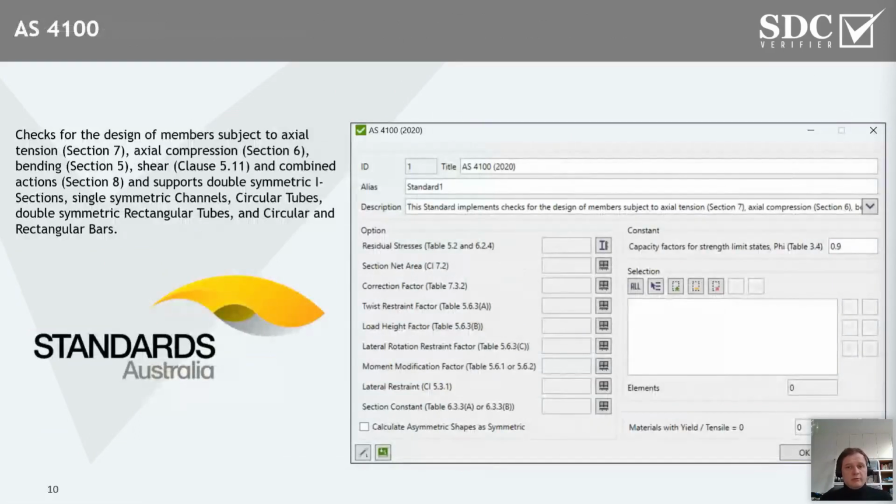Extending our library of codes even more, we have added the new Australian standard AS4100 of 2020. It is, as far as I am aware, replacing the standard that was already in our library, AS3990. Now we have